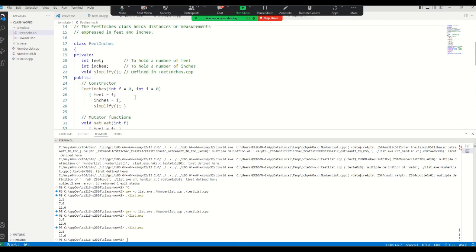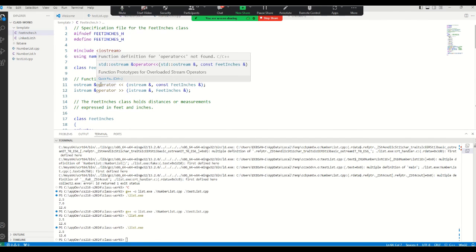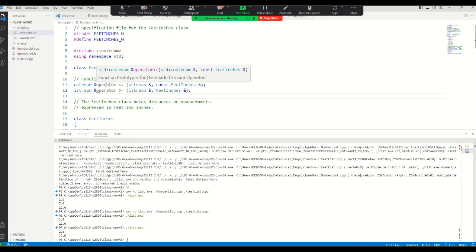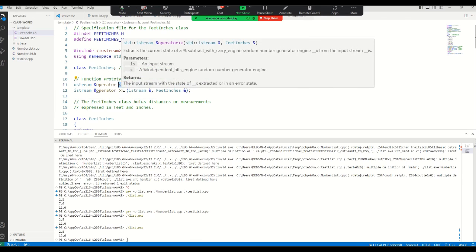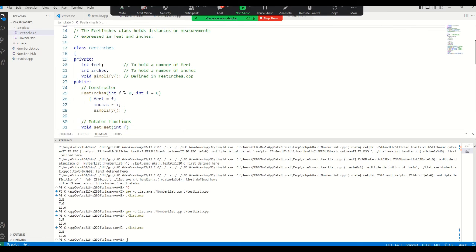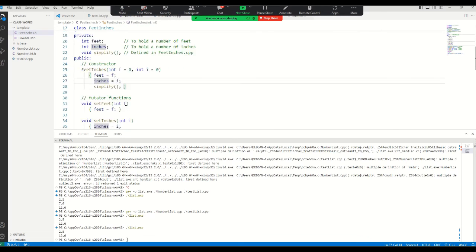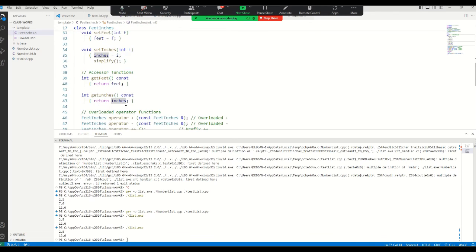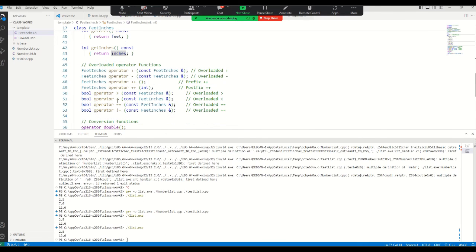So you are creating a measuring software. Basically, you are overloading the stream operators, the output stream and input stream operators. What we are doing here is creating a number with a number of feet and a number of inches. So we define simplify, to express it in number of feet and number of inches. Those are the essential